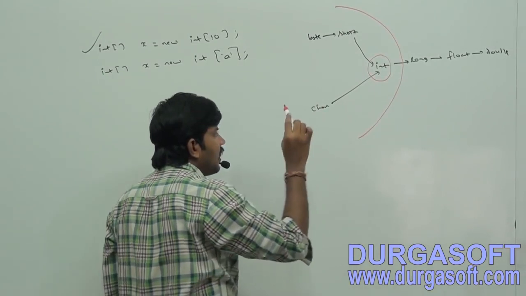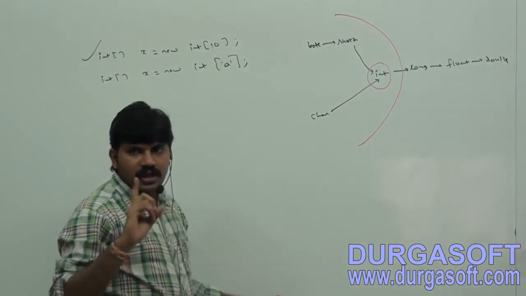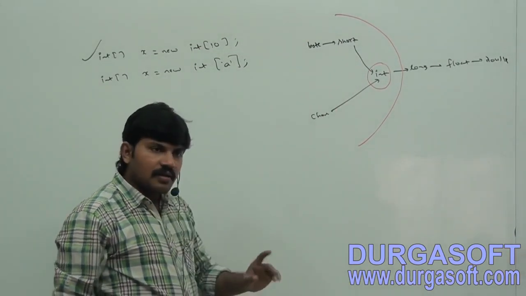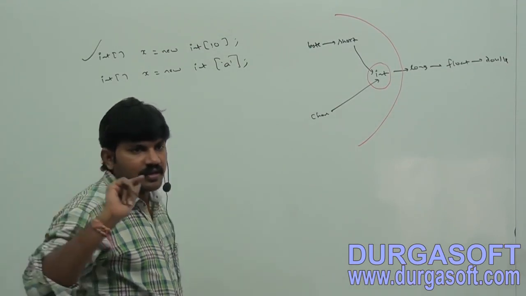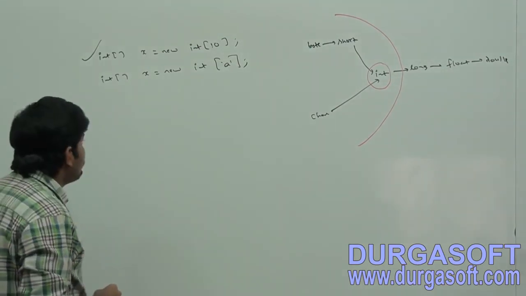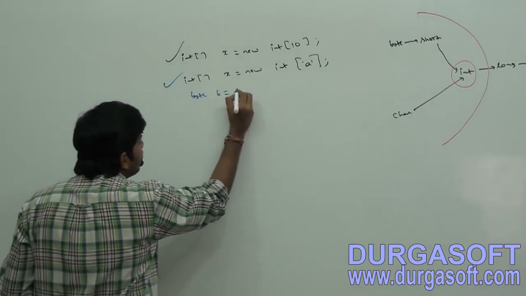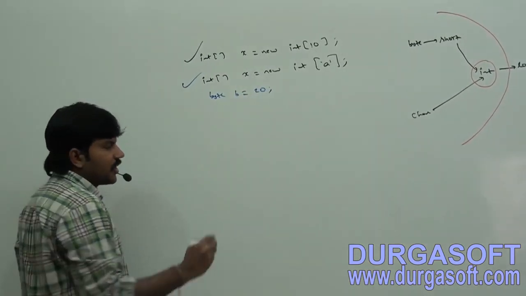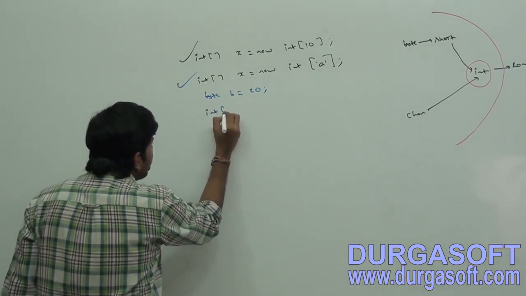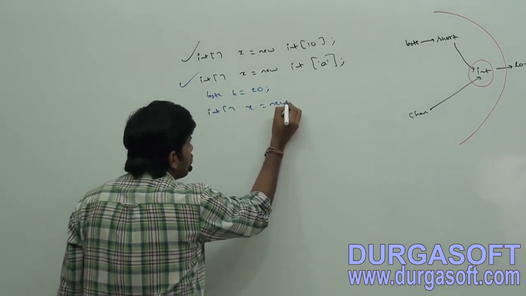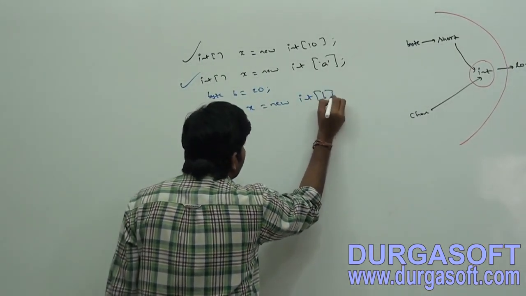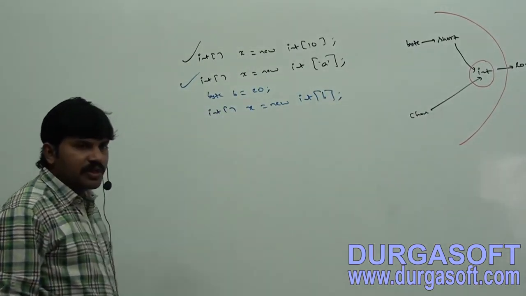That's why, which data types are allowed to specify array size? Byte, short, char, int. By mistake, if you are providing any other, we are going to get a compile time error. Are you getting? Sir, here now let me take a value. byte b = 20; int[] x = new int[b];